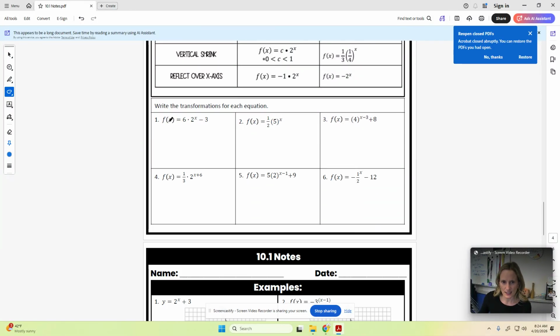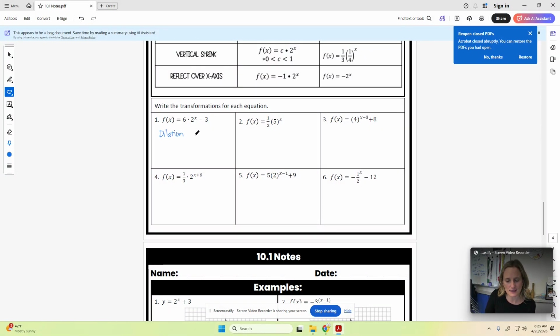So this part right here, we have all these exponential functions that have had transformations, and we are going to write the transformation for each of them. In this first one, we see that our parent function is being multiplied by 6, and then 3 is being subtracted from the whole thing. So we have that dilation